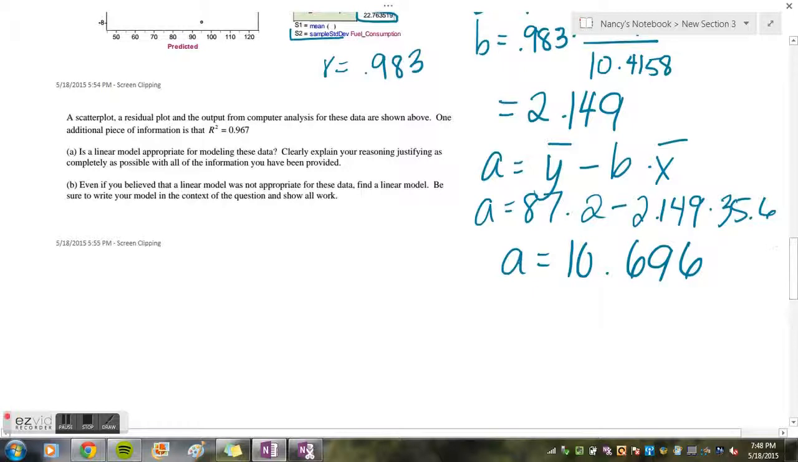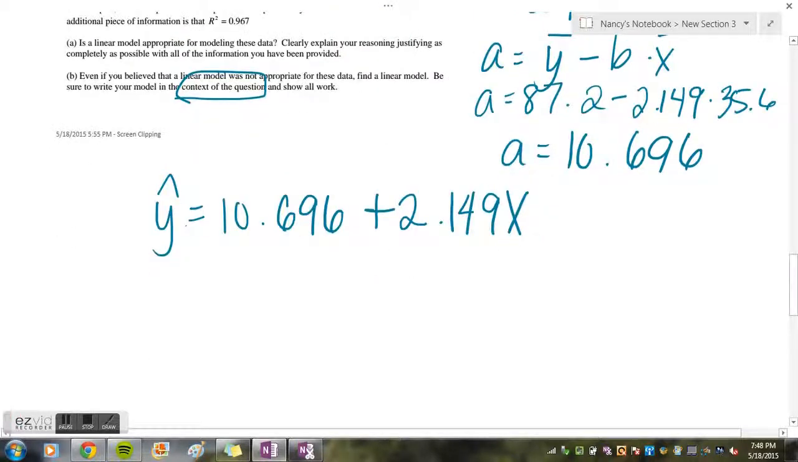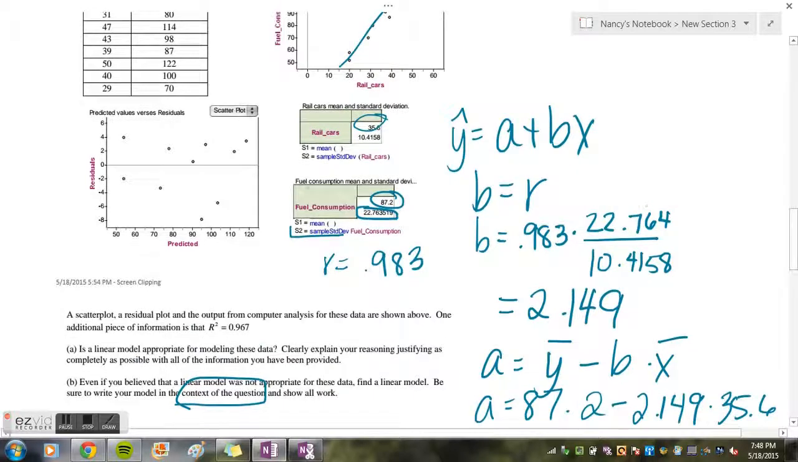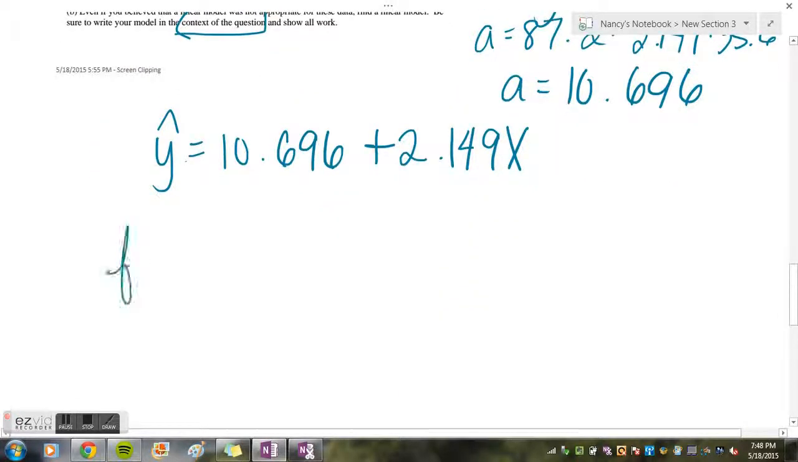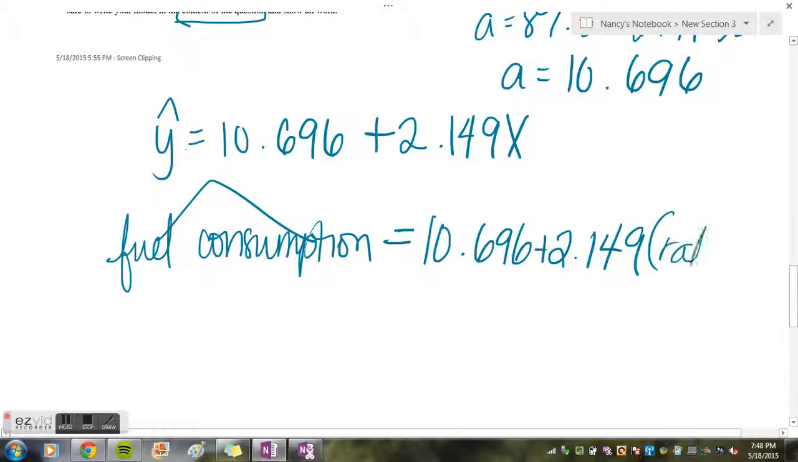10.696. So now that we have a and b, we can put that in the equation for the least squares regression line, which is y hat equals 10.696 plus 2.149 times x. And if we want to put that in context of the question, we know that our y value is fuel consumption and our x value is the rail cars. So we have the predicted fuel consumption equals 10.696 plus 2.149 times the x value, which is the